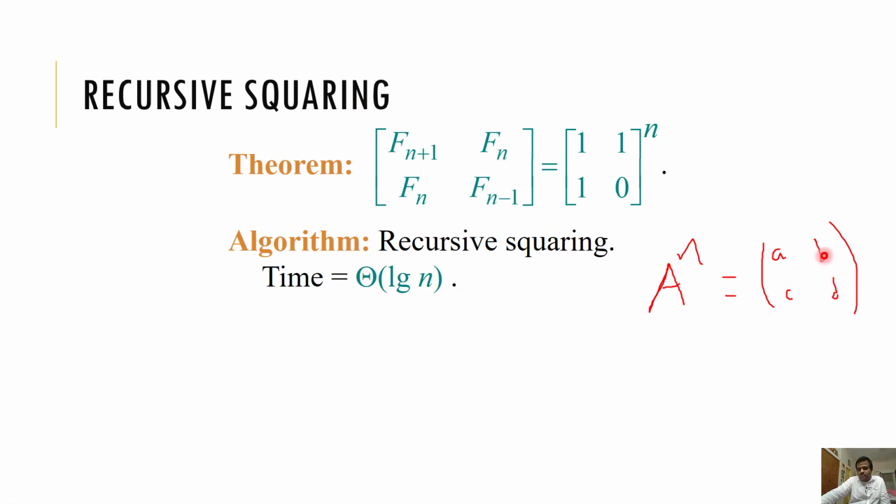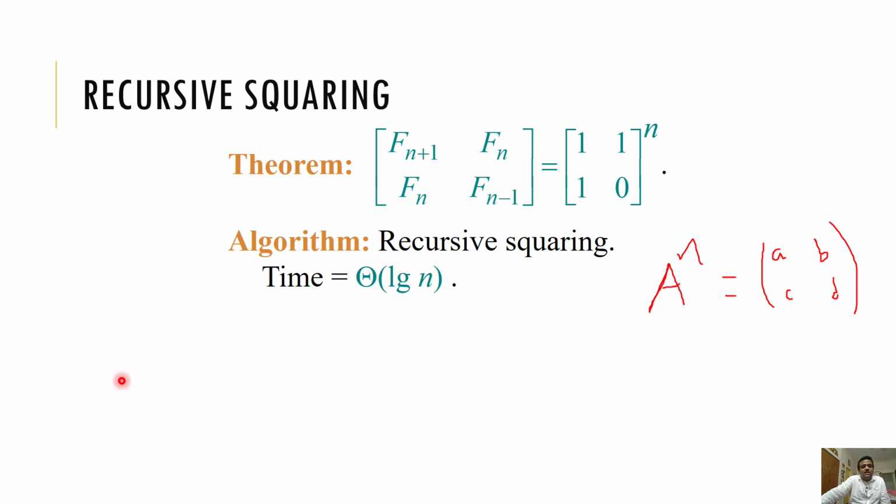So, these two BC will be the same, and this value will give us Fn basically. So, to find Fn, we need to calculate this matrix A to the power n, powering a matrix. But here this matrix is a 2 by 2 matrix, it is not a bigger matrix. So, that can be